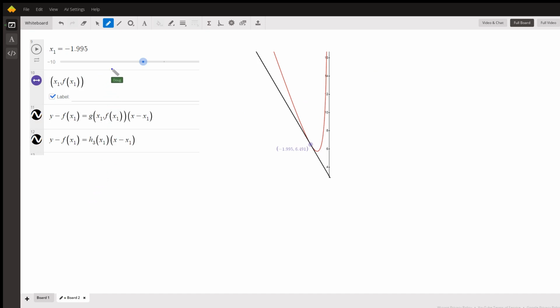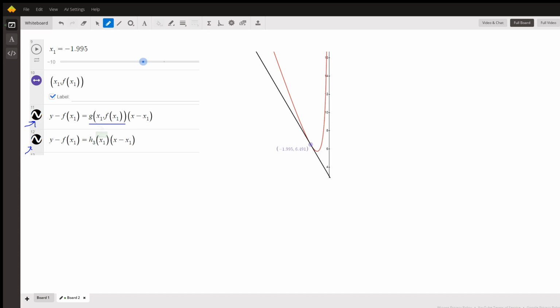So if I come over here, there's the graph of the original function, both explicit and implicitly defined. They're the same graph. I set x of 1 equal to some value in the domain of the function and plot the point x of 1, f of x of 1. There's the equations of tangent lines. And here's where I've kind of proven that